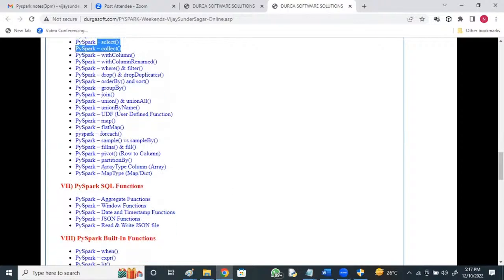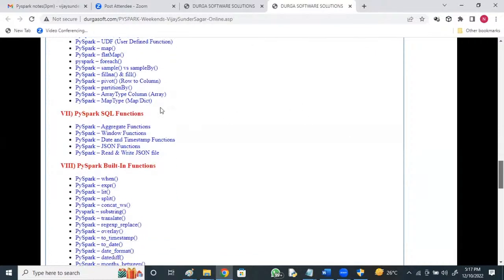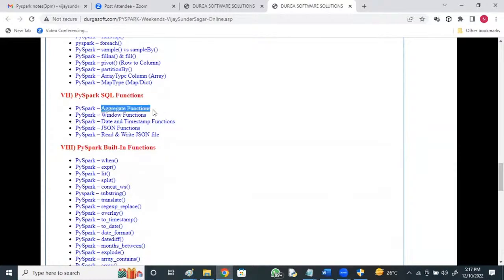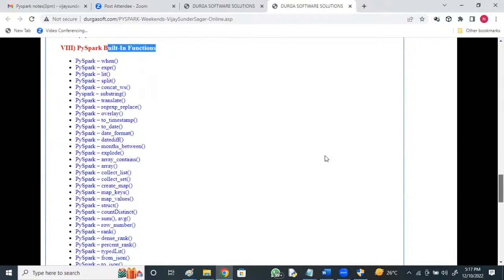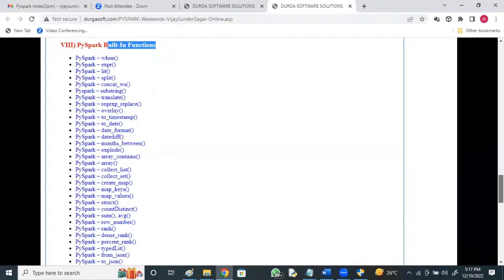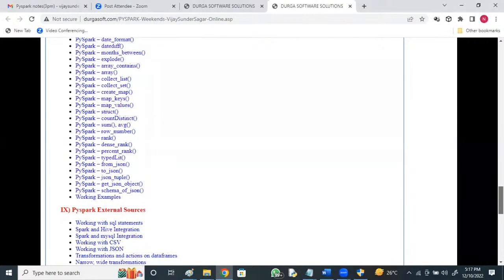And apart from this, if you go to the PySpark SQL functions, a lot of SQL functions like aggregate functions, window functions, date and timestamp functions, JSON functions. And if you talk about PySpark built-in functions, we have got a lot of functions, each and every function with some examples, right? Yes. String, translate, overlay, to date, month, explode. Yes, map keys, map values, struct, row, rank, dense rank, percent rank, from JSON, to JSON, tuple,